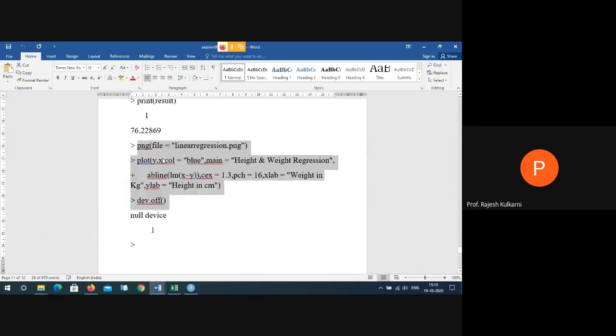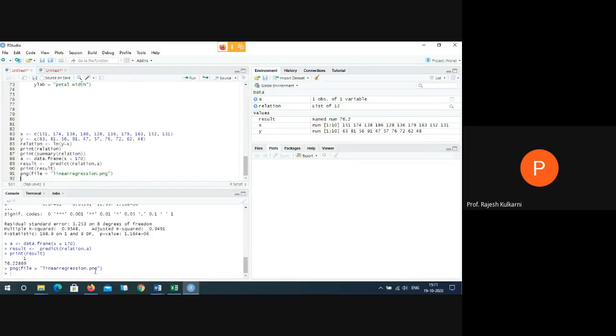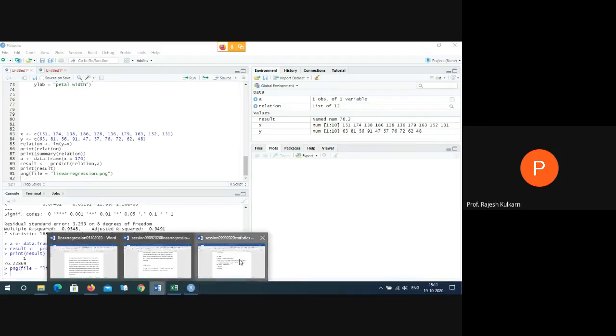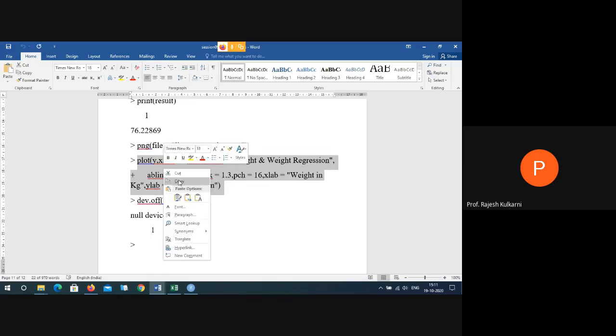Yeah, it is showing the graph, but here I don't remember that. I'll go one at a time. Then I'm saying plot.